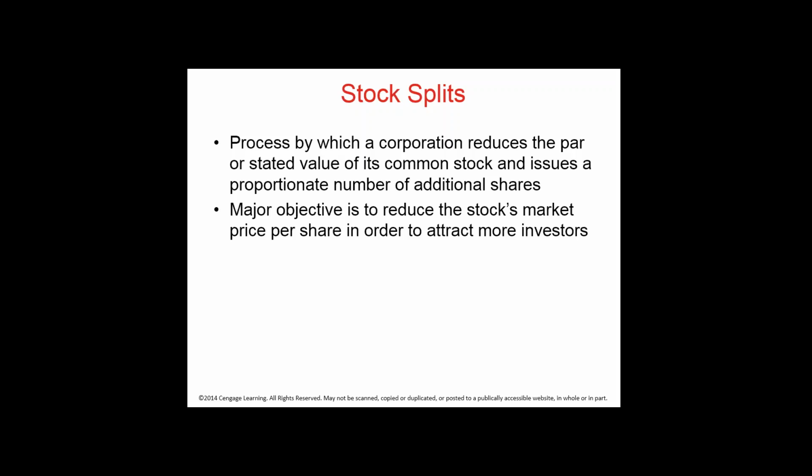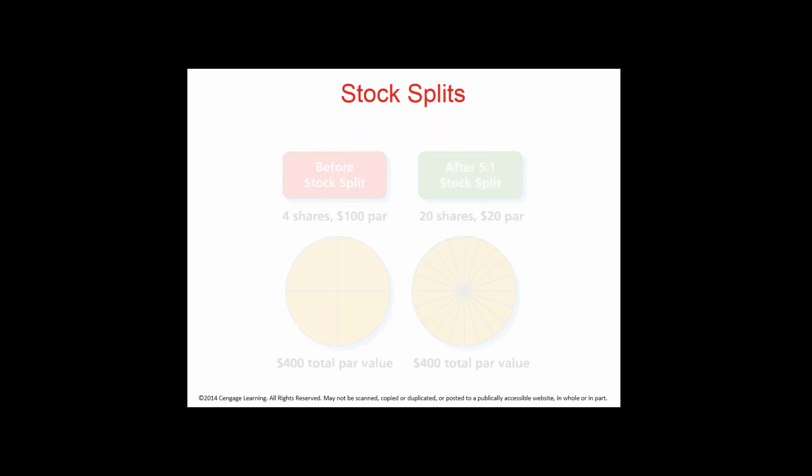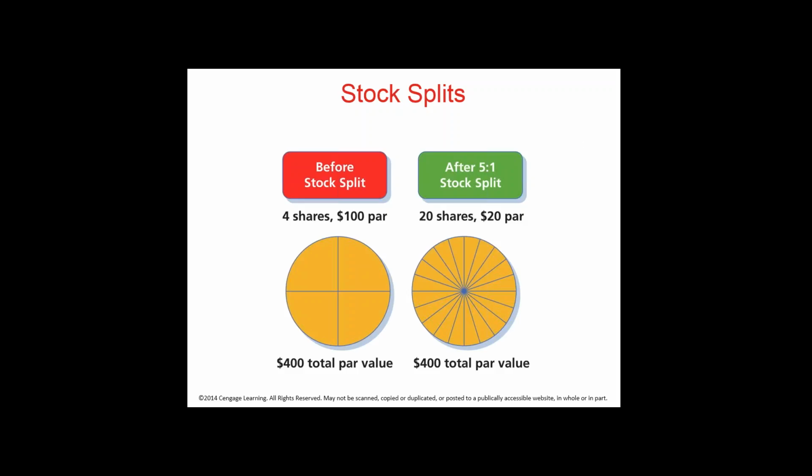But if they do a 4-to-1 split, now that's selling at $75 per share, even though each share is only 1/4 of what it used to be. Stop and think about that a minute. It will make sense. So before the split,